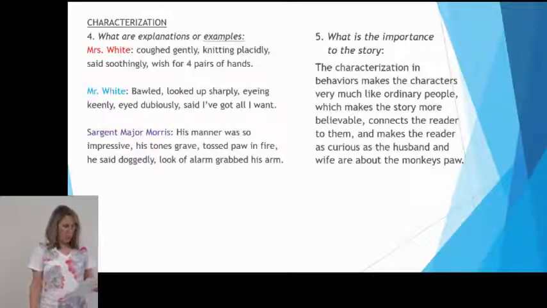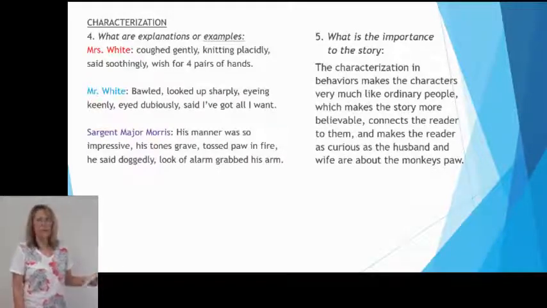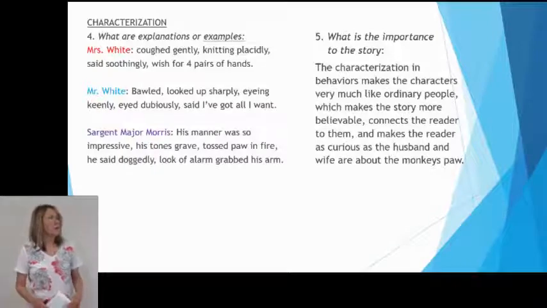The same kind of questions are asked about each one of these items. You know, what are some explanations or examples that you can use? For characterization,